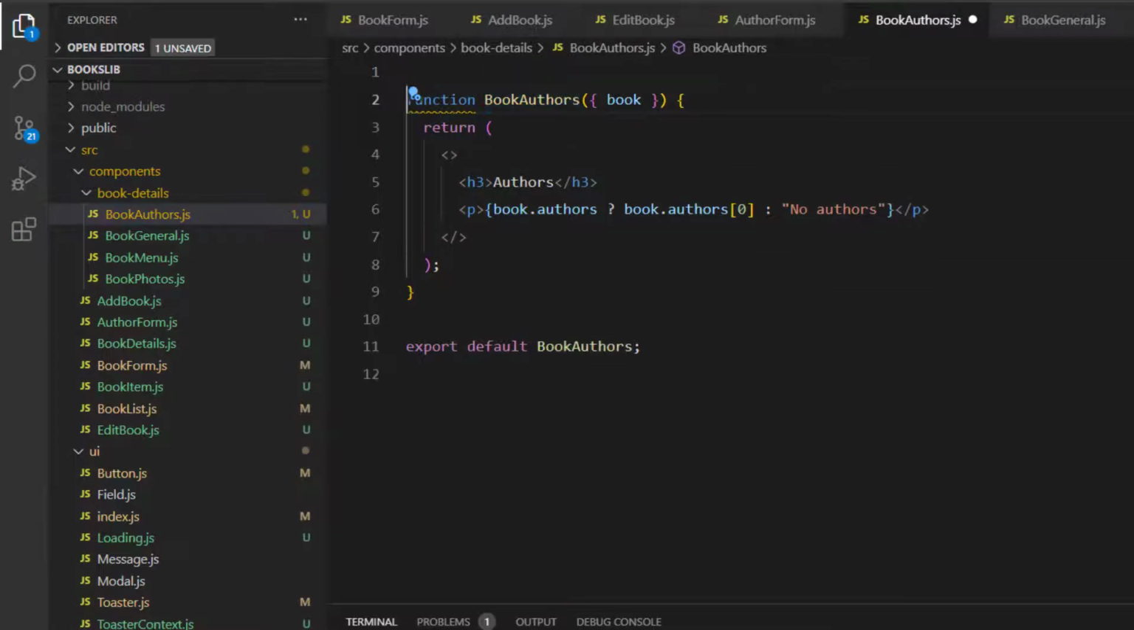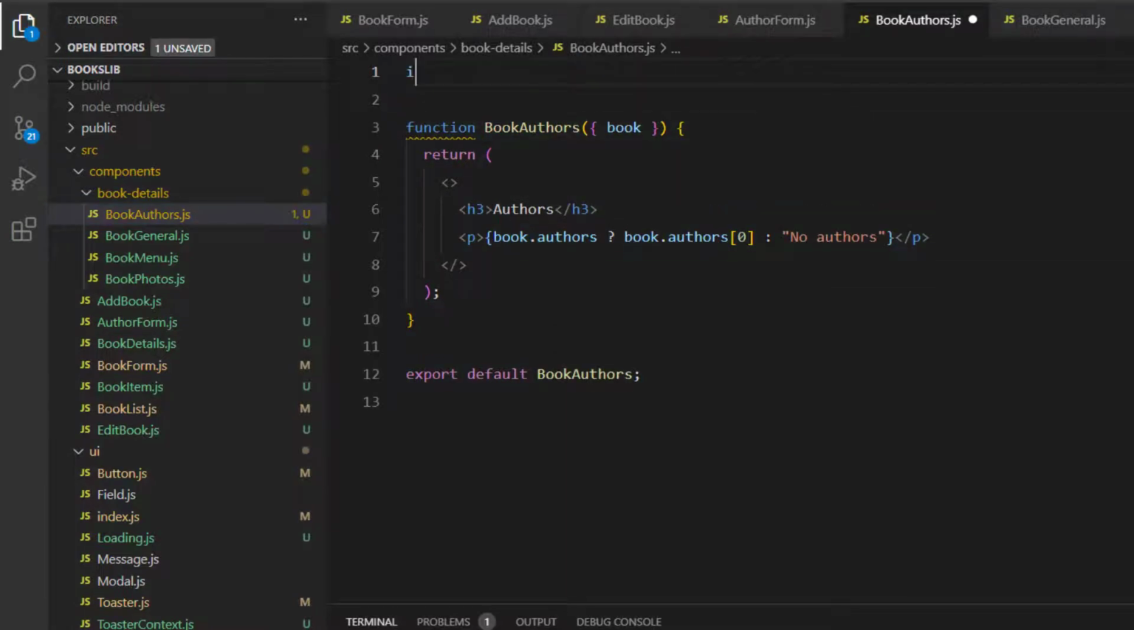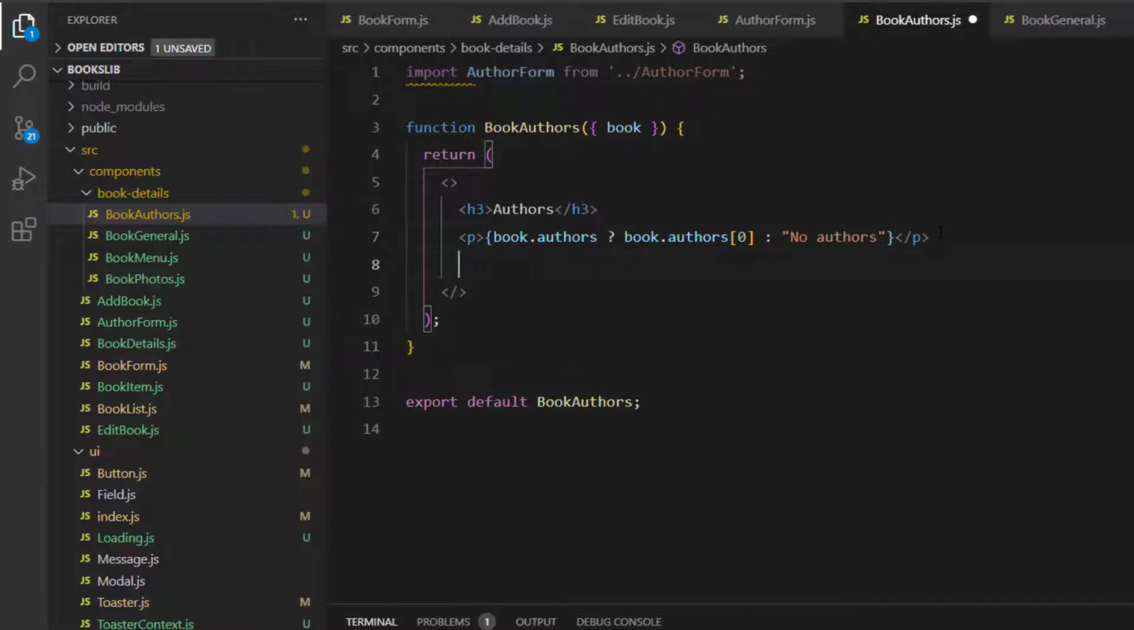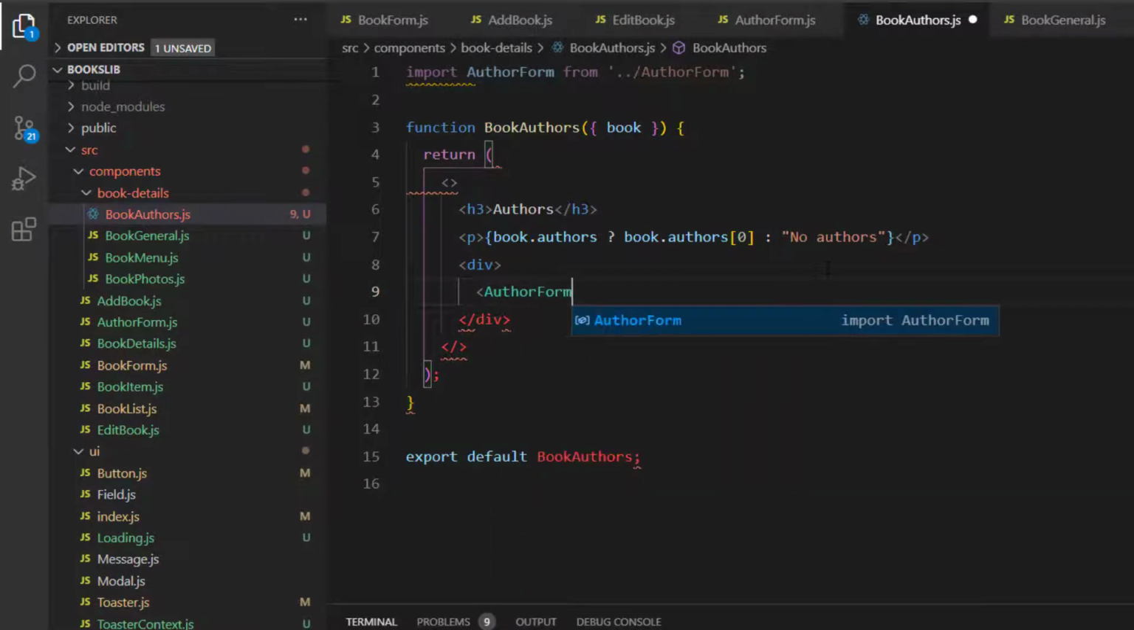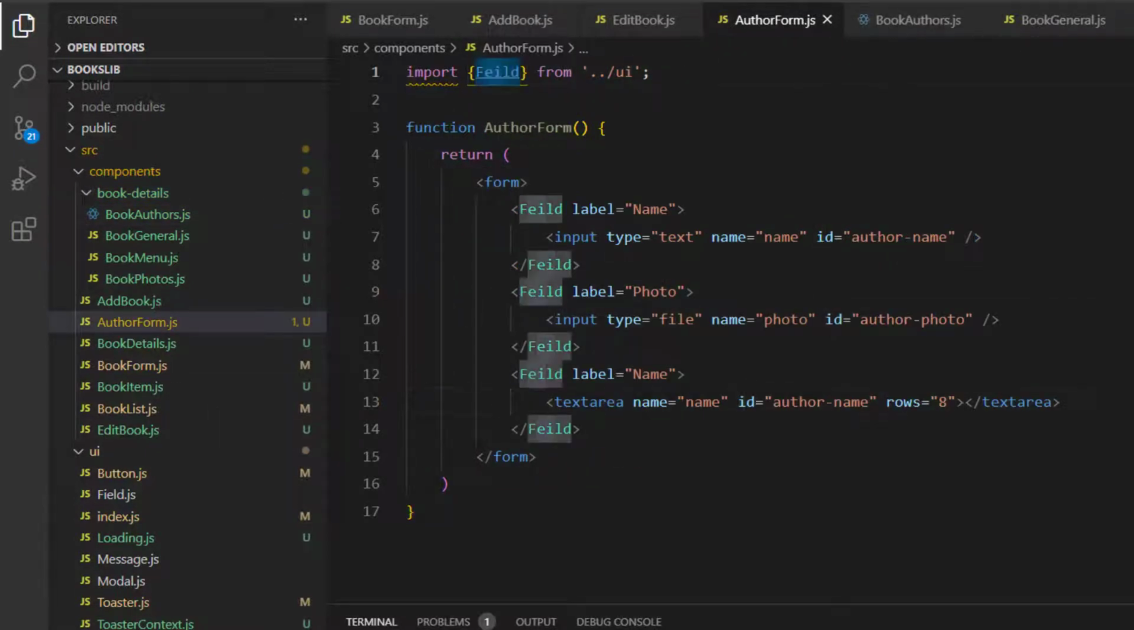So let's import the form here. And display it below the paragraph we're supposed to list the authors in case there's authors. Now I'll create a division. Inside of it I will put the author form. So I made a mistake here. The field